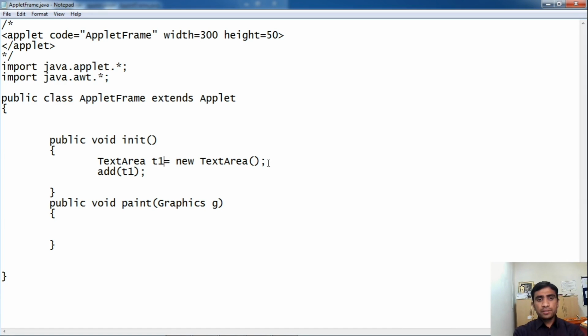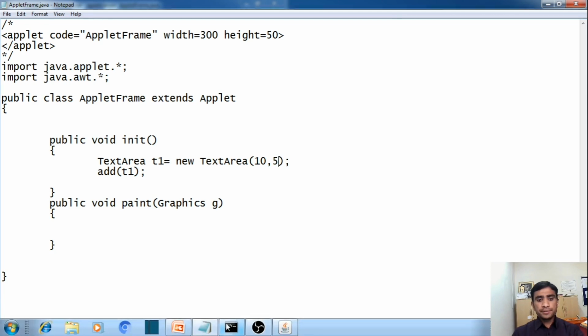Now let us use a second text area constructor. TextArea t1 is equal to new TextArea. Now two parameters, that is the first one is a number of lines. For example, I will create here 10 number of lines, comma, number of characters in each line is, for example, 5. Yes. Control S, compile it,